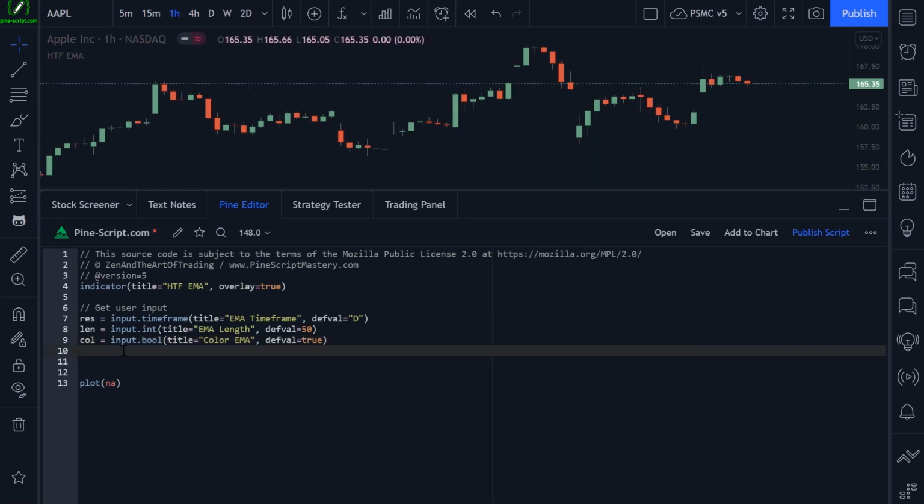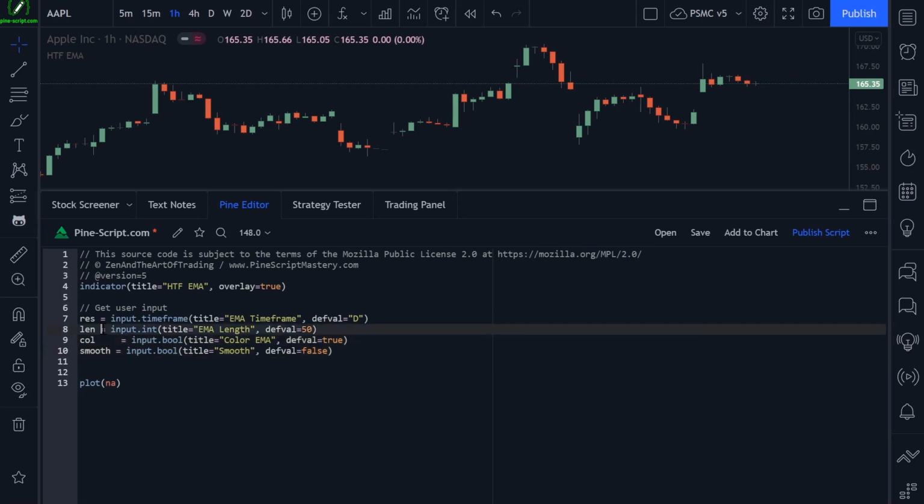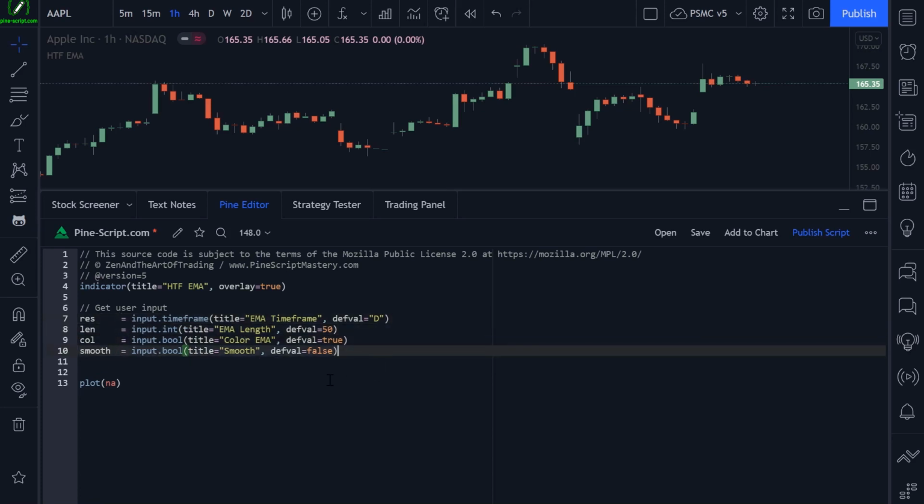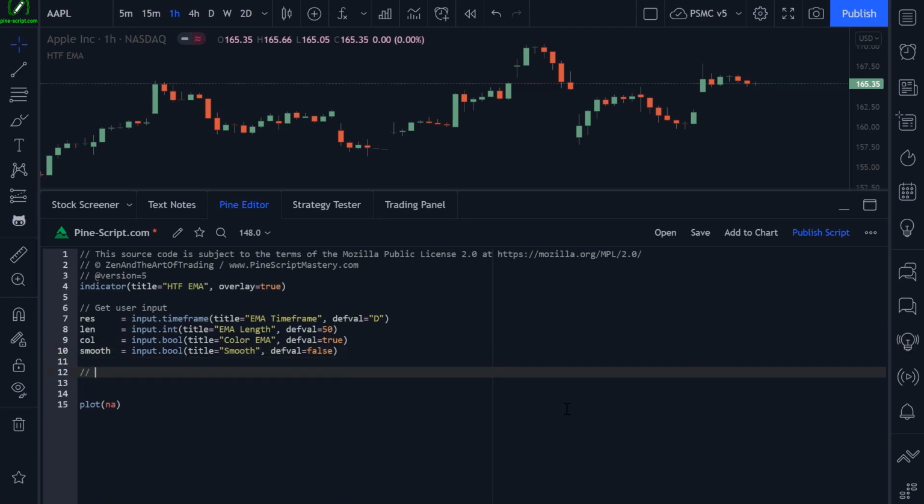The final input here that we're going to create is going to be called smooth. And this is also going to be a Boolean input. And the default value is going to be false. And I'll explain what this smooth variable does in a moment. First, let me indent all of these to make them look nice and pretty. And let's move on to the next part of our script, which is calculating or retrieving the EMA value from our higher time frame. Before we do that, let me save my code, make sure there's no errors,